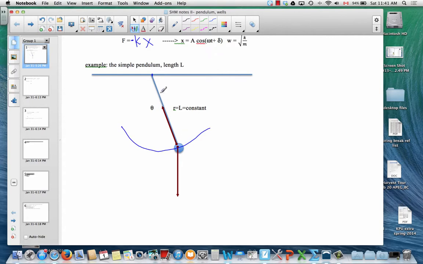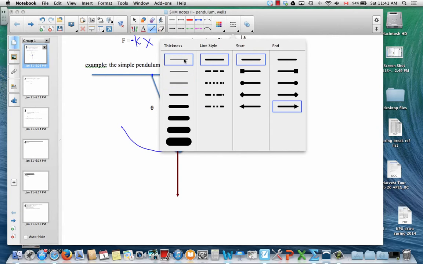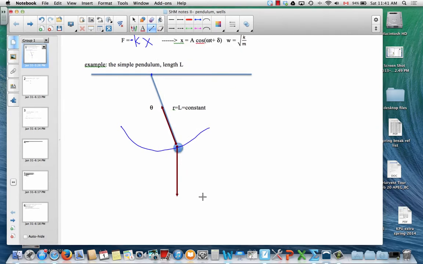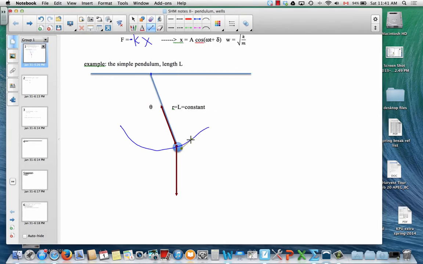The radial direction this way will be outwards pointing, and then the theta direction will be the direction of increasing theta. So we can just pop those little unit vectors on there. So this will be the radial direction here. Whoops, I just lost my unit vector. Okay, all right, good. So this will be the theta direction of increasing theta, and then this will be the radial direction right here. So we can see that we've got string tension, and we're going to have to resolve